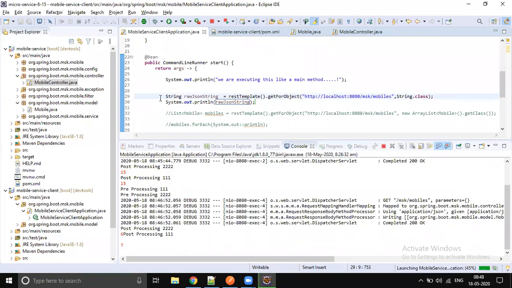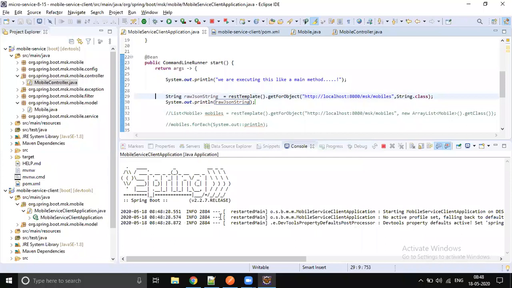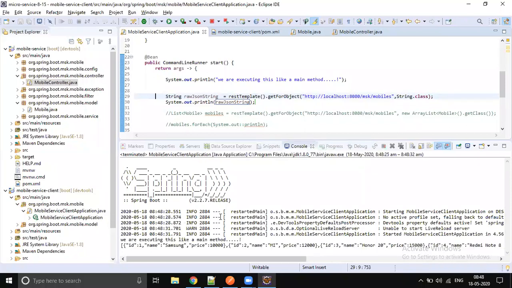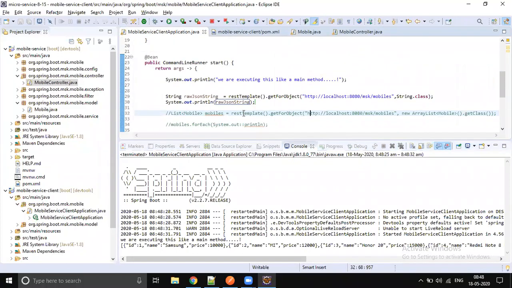Control F11. ID, name, price, there we go. So internally it is not converting into Mobile objects. It's not taking the internal structure, right? So getForObject with an ArrayList.